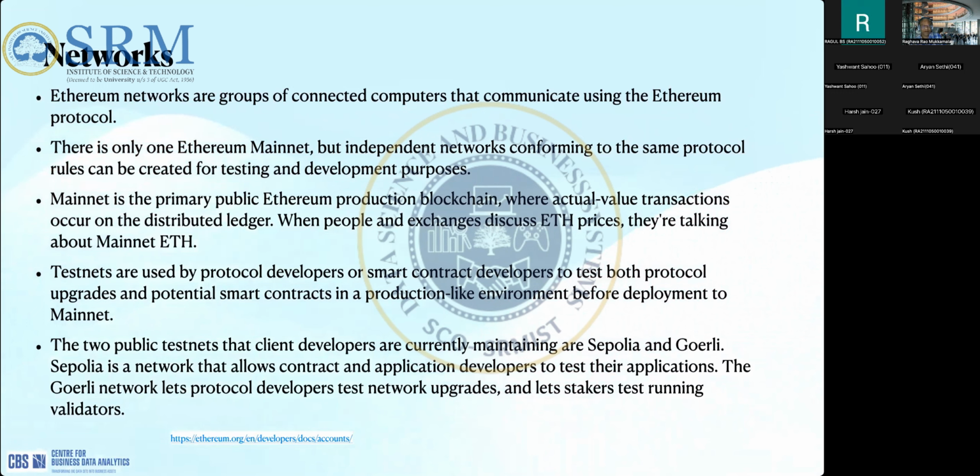Sepolia is nothing but a copy of the main network. Again, it contains all the existing transactions, so it is also updating its state exactly like what is happening on the main network. For example, if you have a new block, it will also add the new block to its network. So it will give you the latest replica of the main network. For example, you can see how much balance you have in the account and all other kinds of things. You can also execute transactions, but the transactional state is not updated.